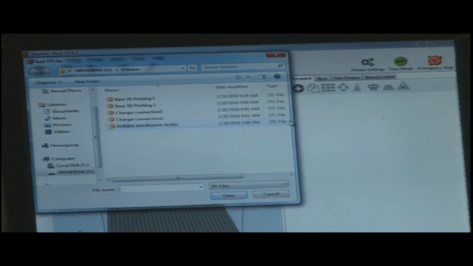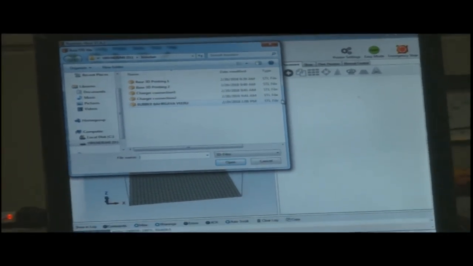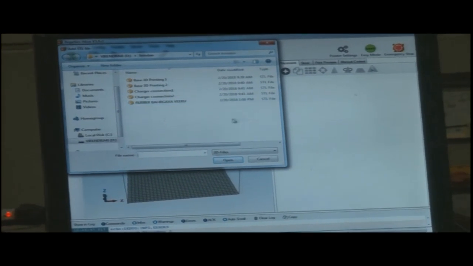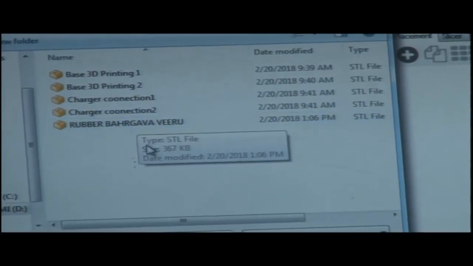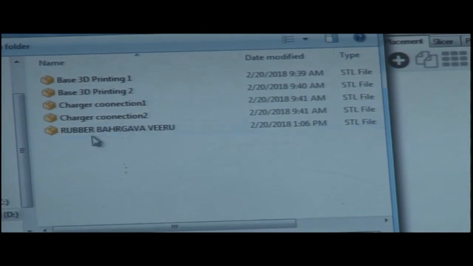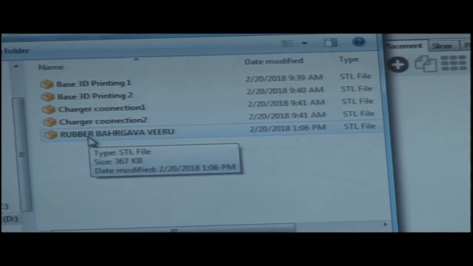What we want to add, we click add object, and it opens the drive or the location in the computer where the object is kept. Wherever we have kept the CAD model for fabrication, we can go and click there, or we can even generate some model.